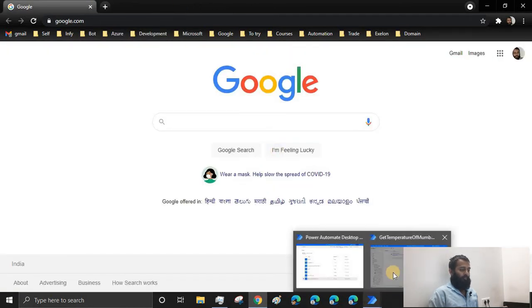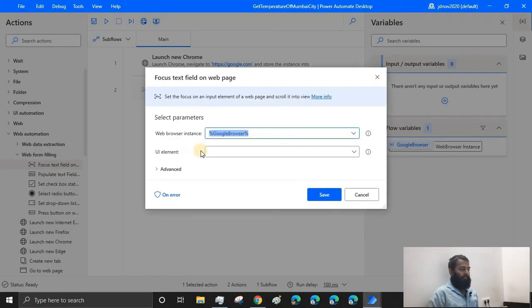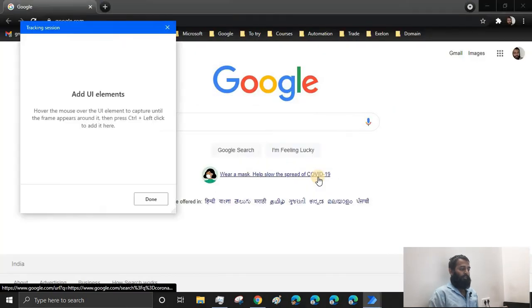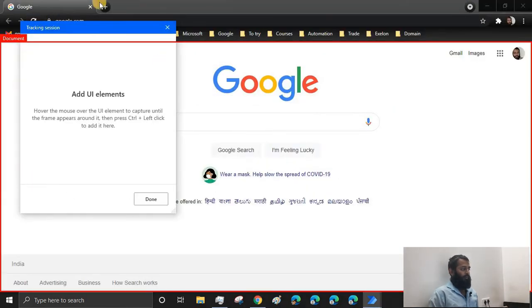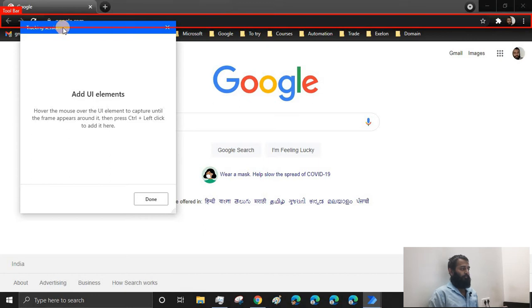Here we have selected Focus text field on web page. Then I'll open the UI element drop down and select Add a new UI element. As I mentioned already, you can do this in the beginning, but you can also do it in the middle of the flow. I click on that and this new window opens, the tracking session.